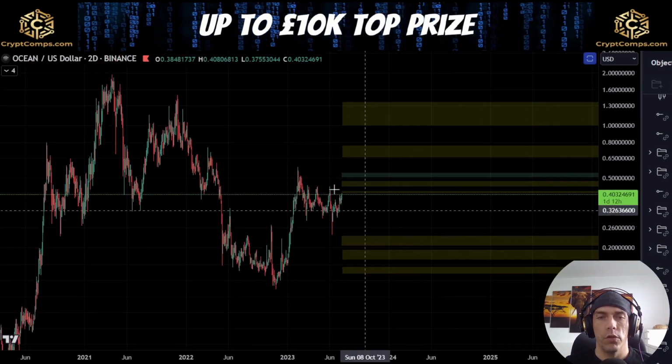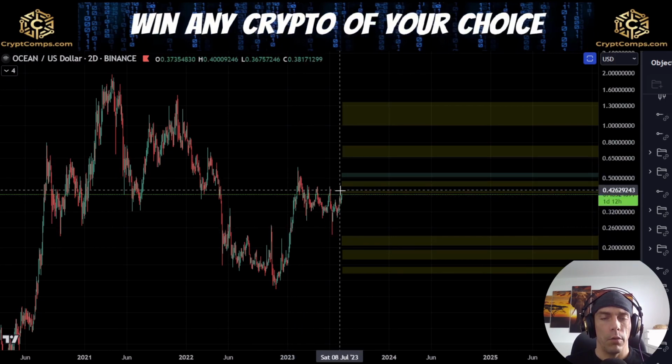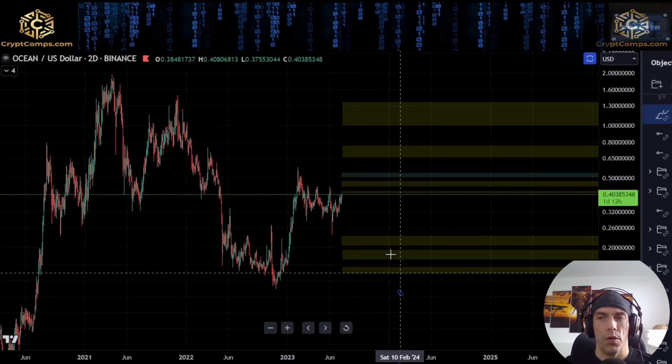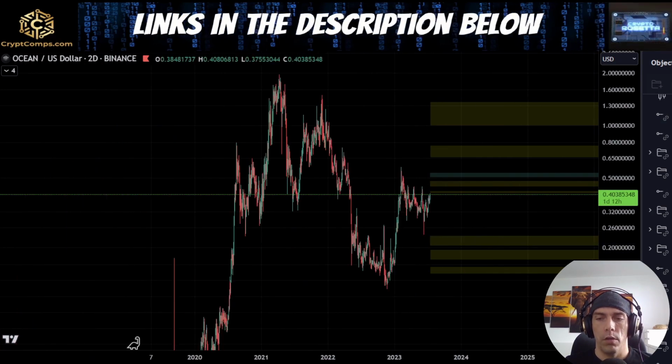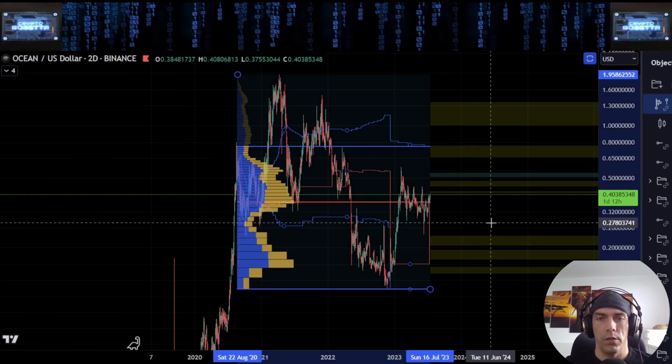Otherwise, we need to be cautious that for as long as we remain in corrective structure here, and we don't get good 5 wave moves to the upside, we could still see this possibility of a break back to the downside. Now, throwing on a volume profile on this little area here, treating this as a range,